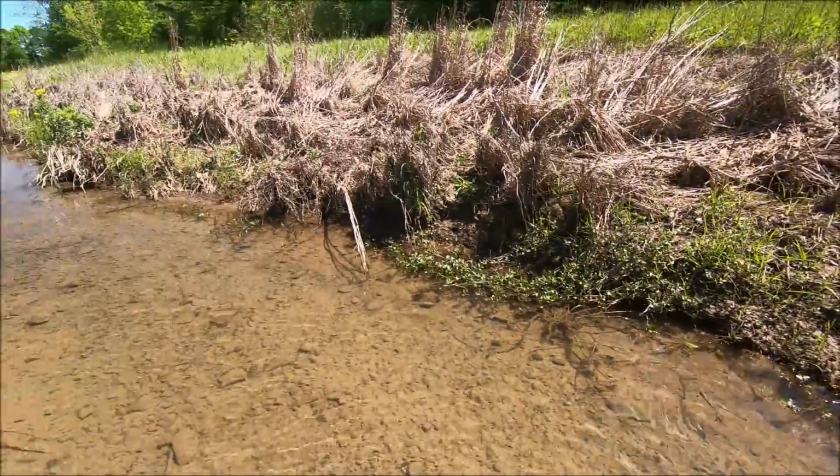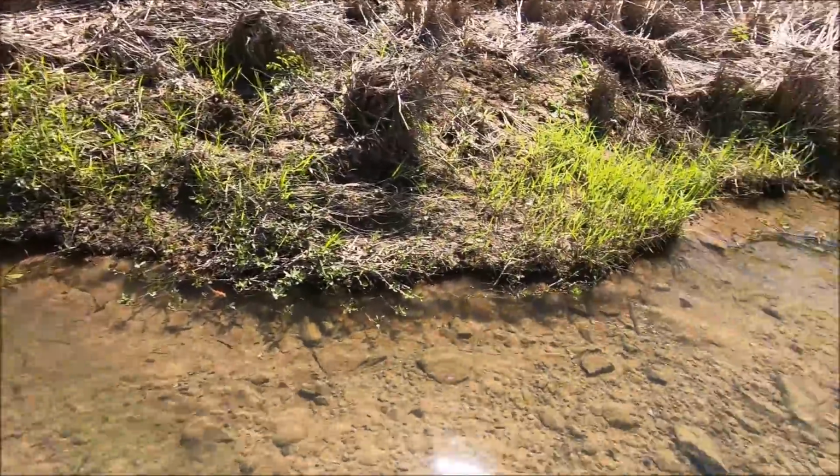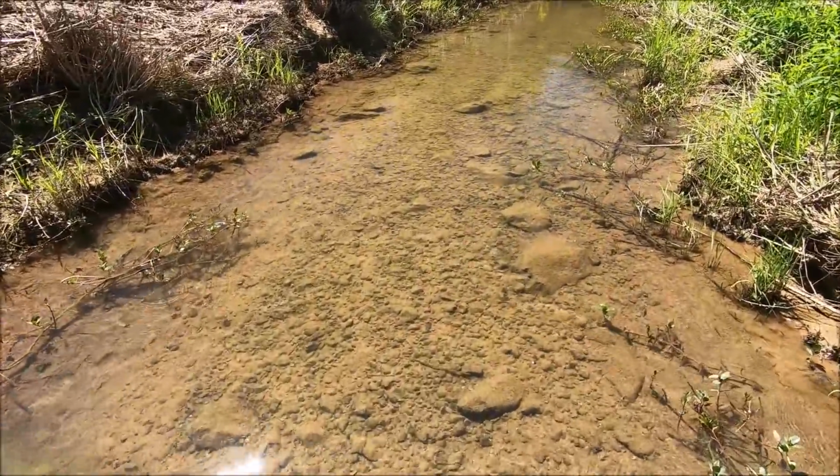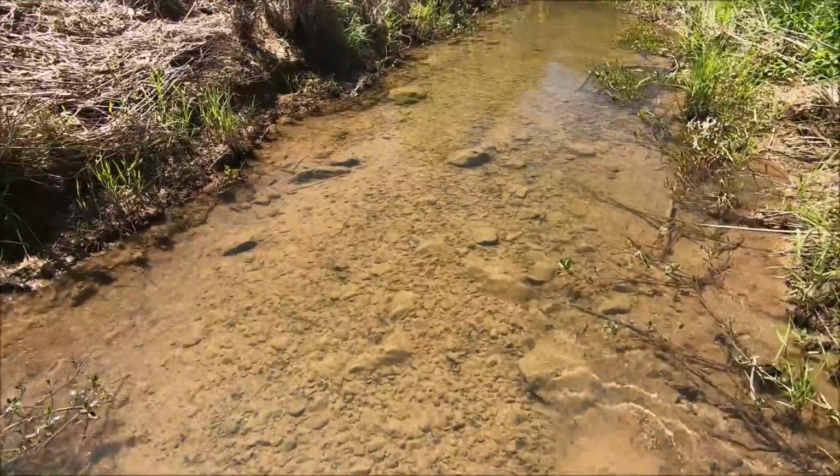This is a really nice looking little creek. I went down as far as I could to get in so I could turn around and walk back up it, but